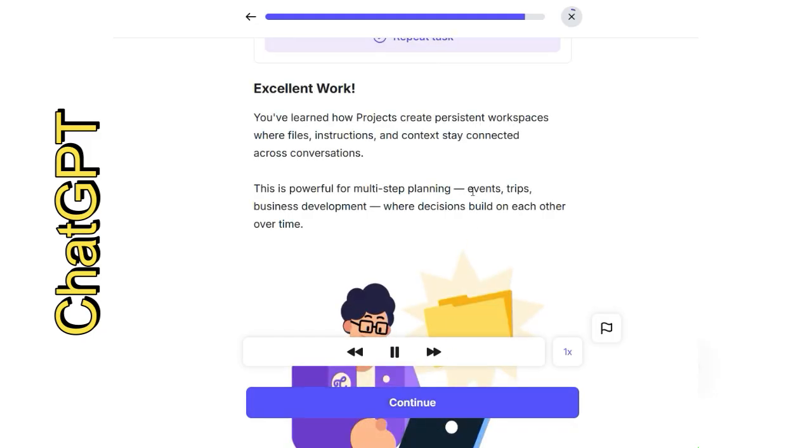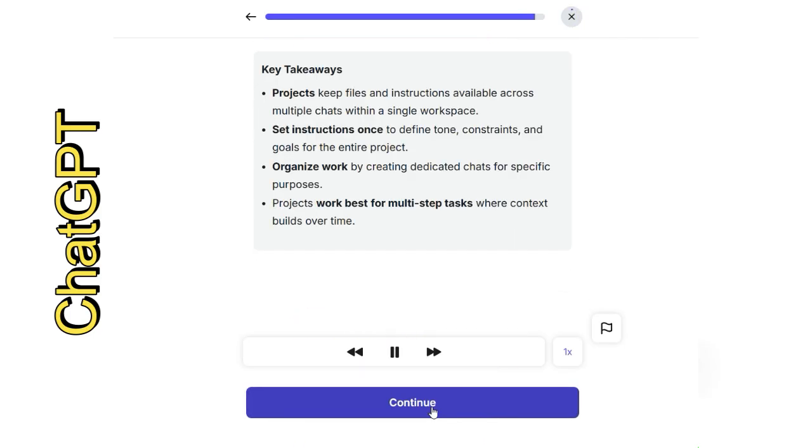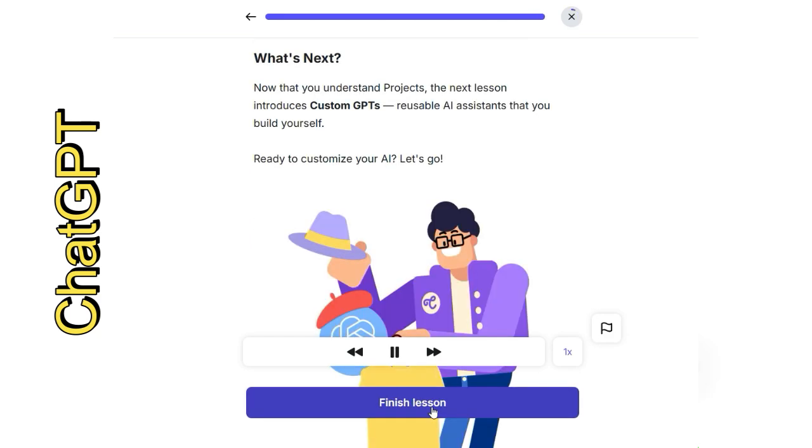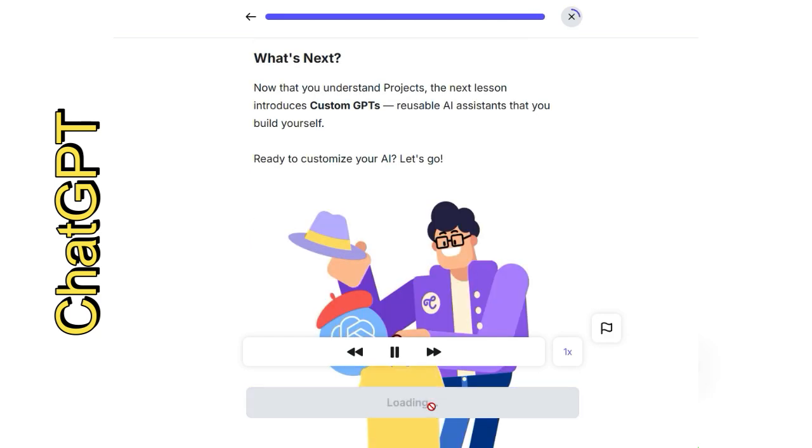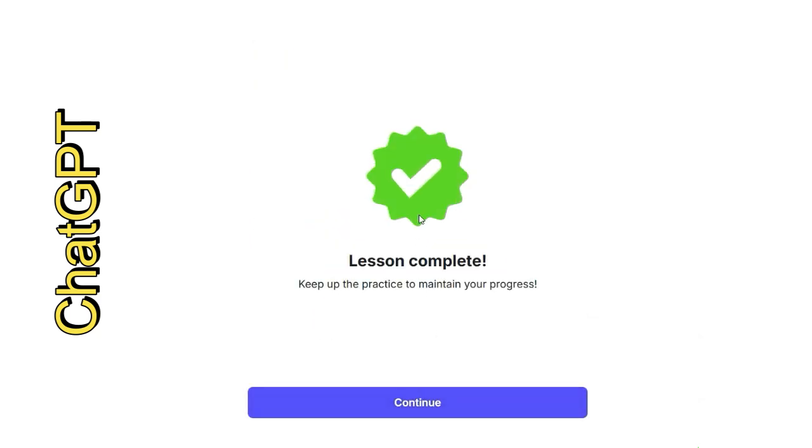Excellent work. You've learned how projects create persistent workspaces, where files, instructions, and context stay connected across conversations. Key takeaways: projects keep files and instructions available across multiple chats within a single workspace. Set instructions once to define tone and constraints. What's next? Now that you understand projects, the next lesson introduces